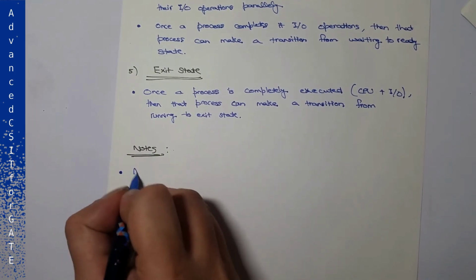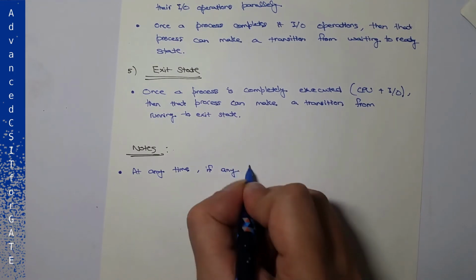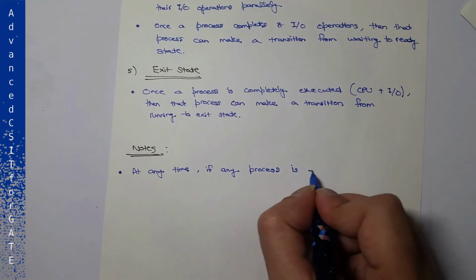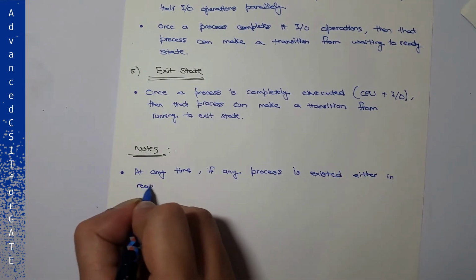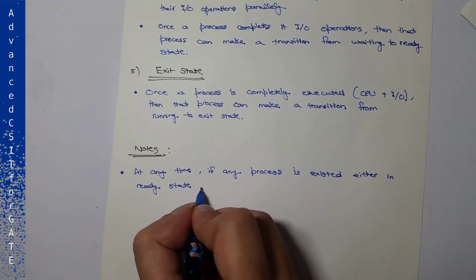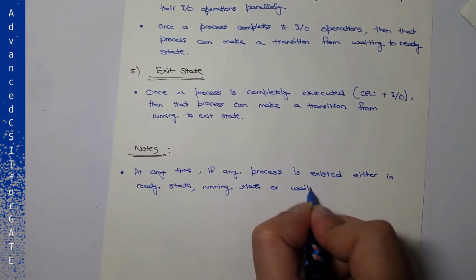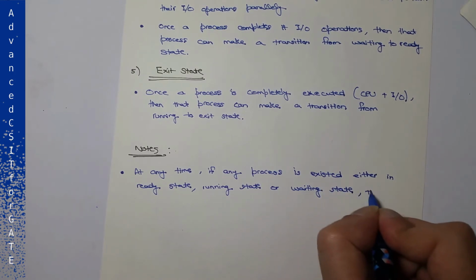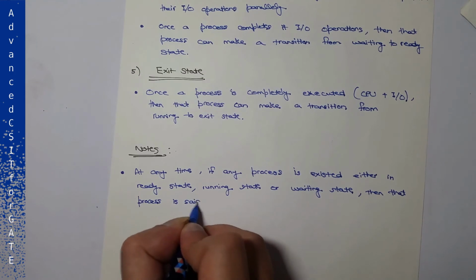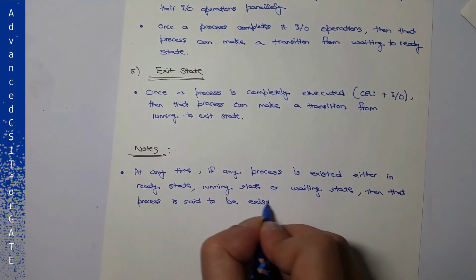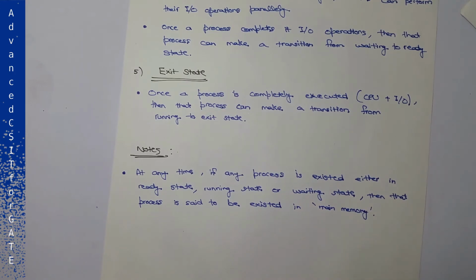The first is, at any time, if any process existed either in ready state, running state, or waiting state, then that process is said to be existed in main memory. This I also showed in the diagram,